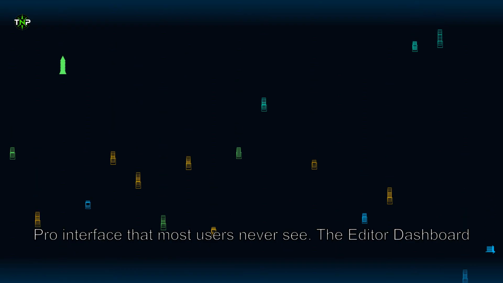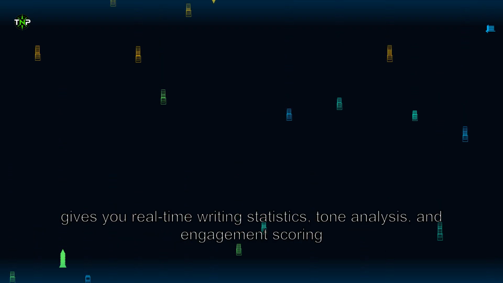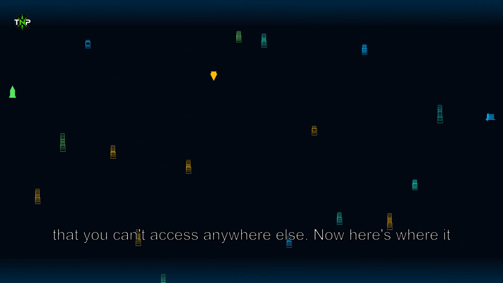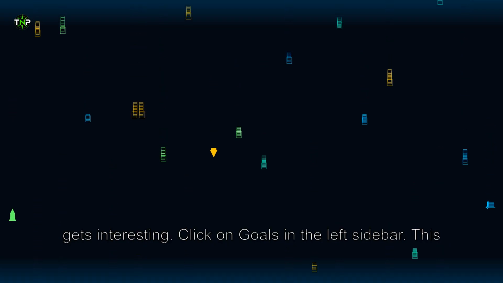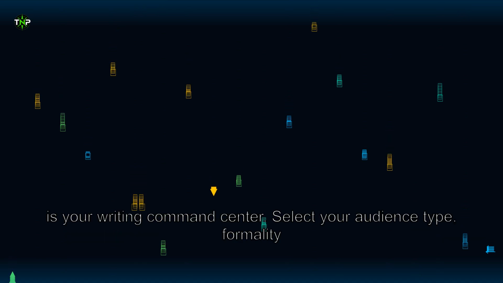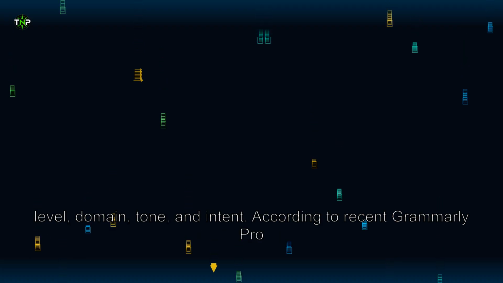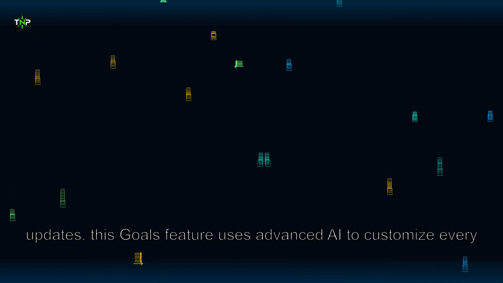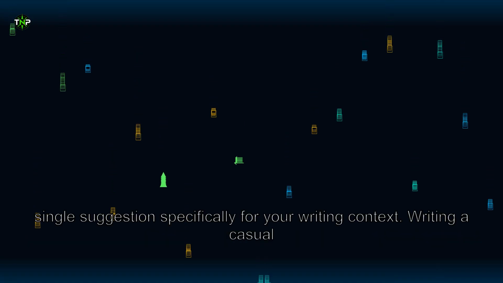Now here's where it gets interesting. Click on Goals in the left sidebar. This is your writing command center. Select your audience type, formality level, domain, tone, and intent. According to recent Grammarly Pro updates, this Goals feature uses advanced AI to customize every single suggestion specifically for your writing context. Writing a casual blog post requires completely different language than a formal business proposal, and the AI adjusts